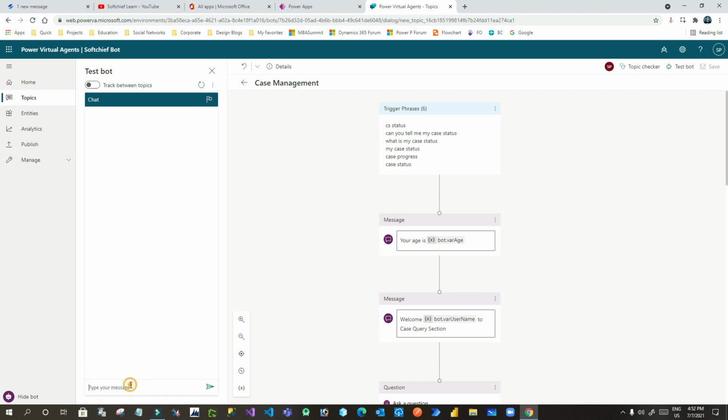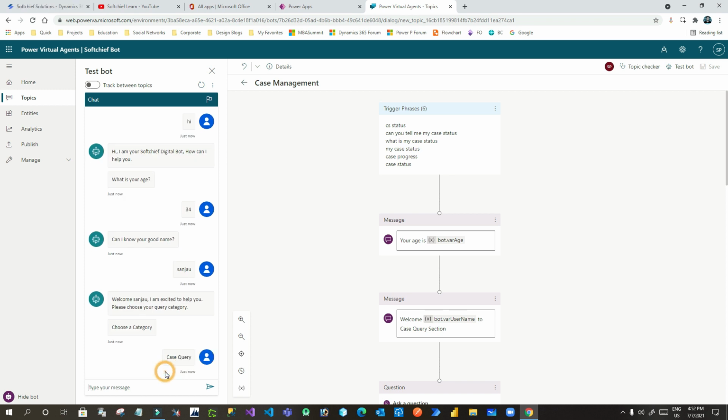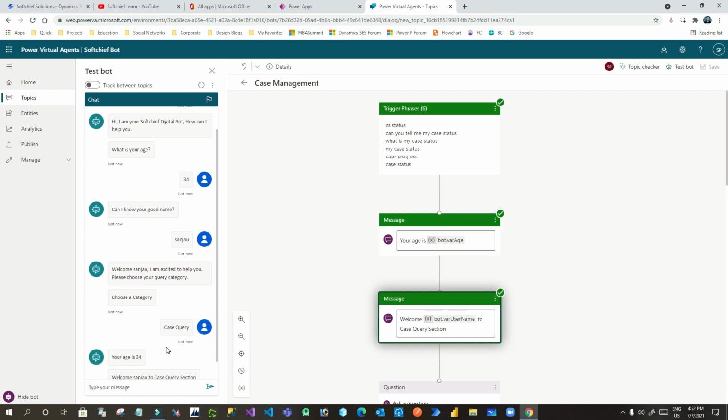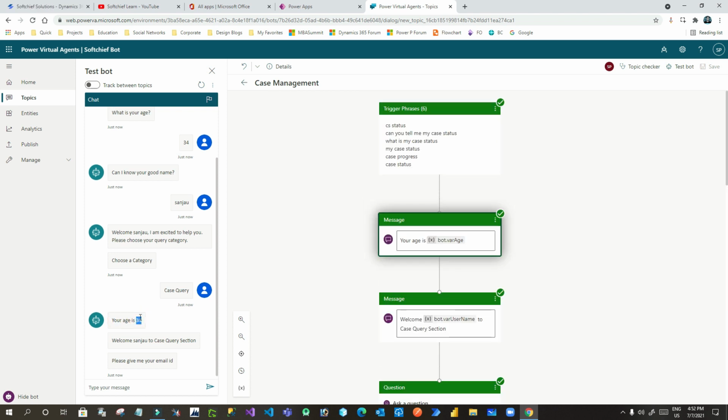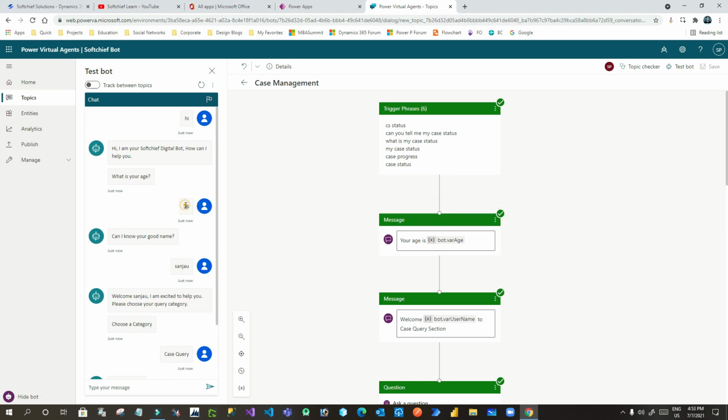I will type hi again. My age is 34, let's say, and give a name, case query. Now this is migrating to case management. Can you see that it is displaying your age is 34. Now this value is pulled from the greetings topic, right?